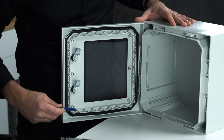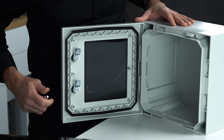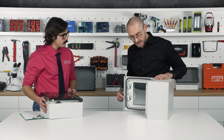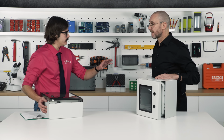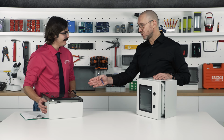And the door construction is reinforced, right? Around the door you can see this kind of frame, and it makes the door really strong. This is the version that was for 10 years. That's right. But when we look at the new version,